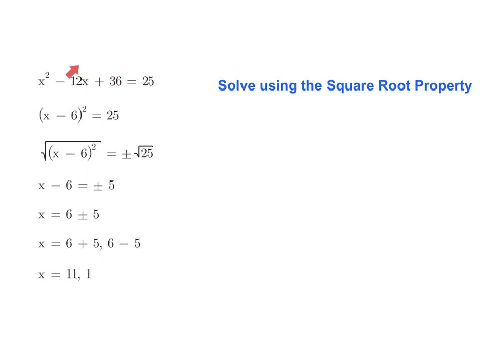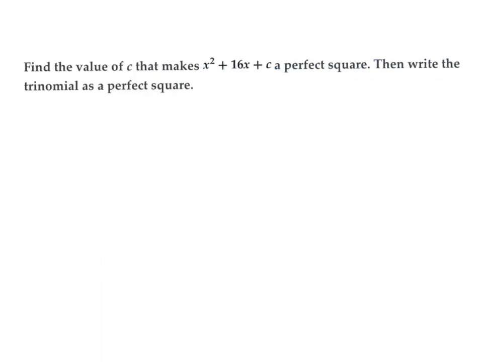So instead of having a problem where it's already done for you, you're going to have to go, okay, is this a binomial squared? Square root times 2, and then you're going to have to write it out like that. We already did it for that particular problem, but for your homework, you're going to have to end up doing that for several problems. But you're going to have time to work on it during class today and get a start at it. And the other thing that you're going to do is you're going to have questions like this,